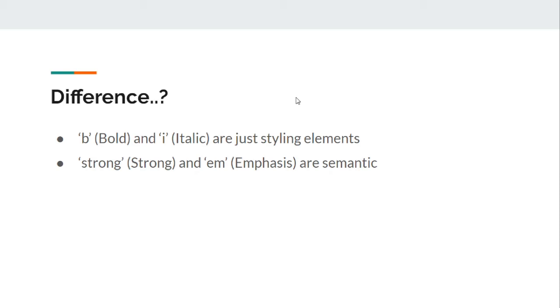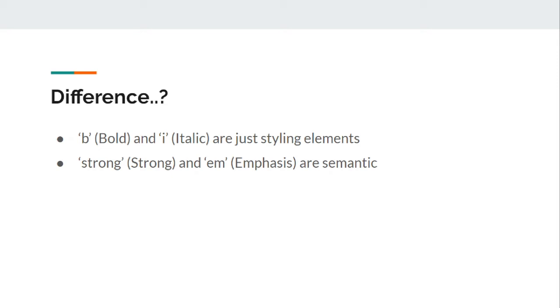Well, bold and italic are used for styling your content, and fundamentally strong and emphasis, which are newer in HTML5, are semantic, meaning that they help you to improve your content by adding a human touch so that it's more readable, and it's very much beneficial when you are doing a search engine optimization task.